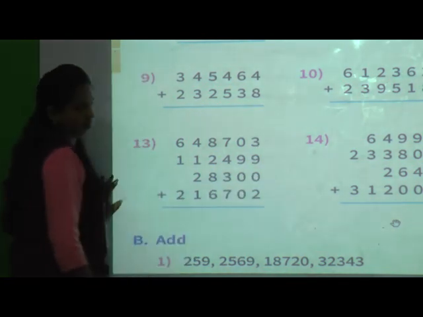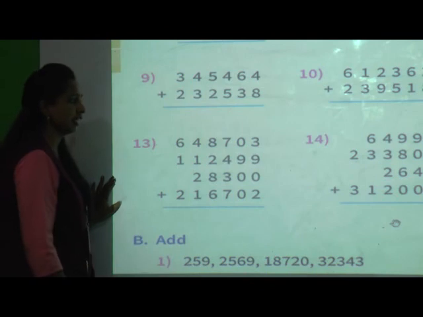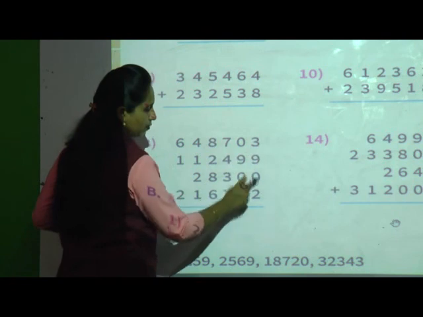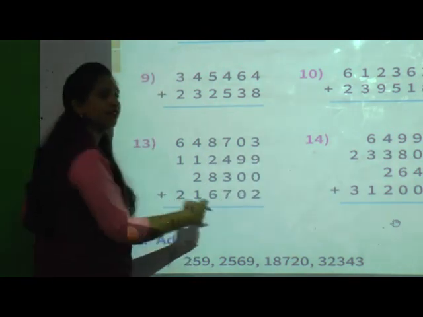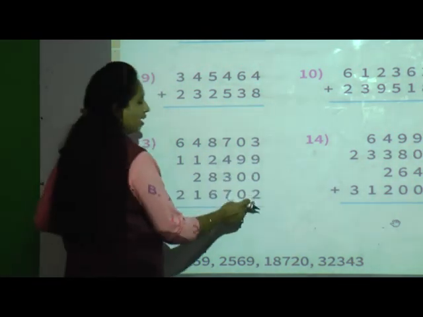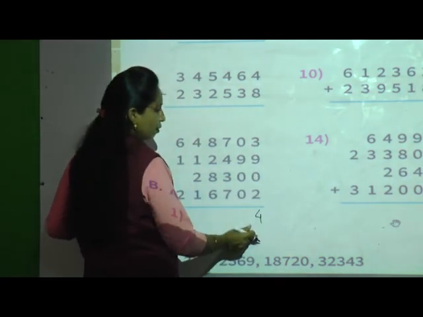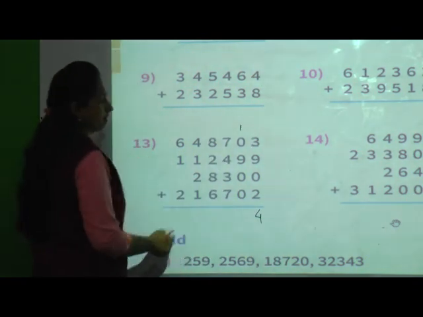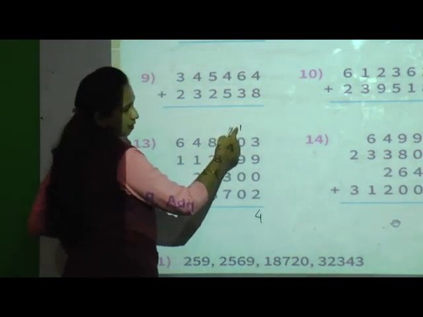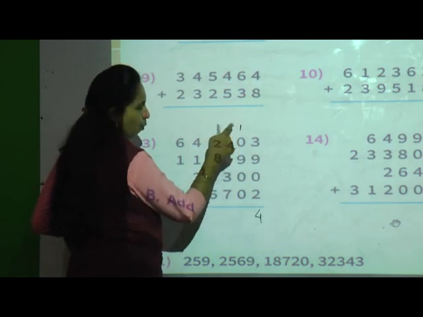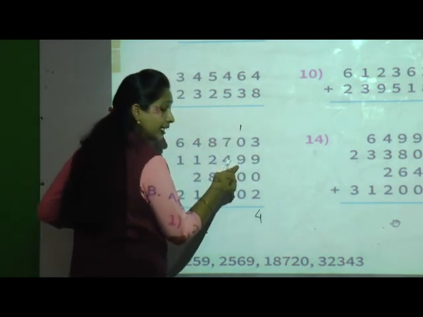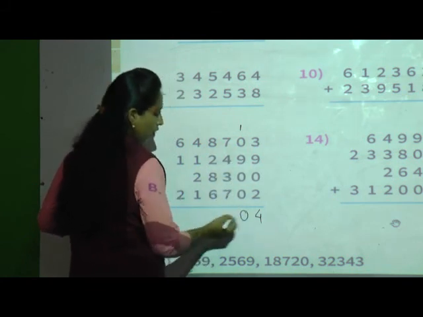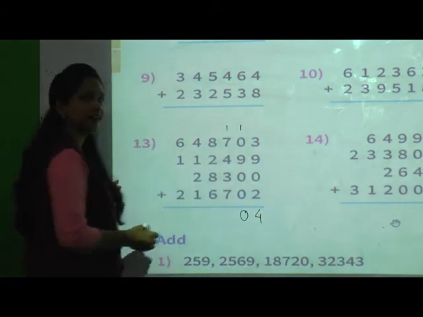3 plus 9. Yes students, tell me, 3 plus 9 is 12, and 12 plus 2, here 0 is there, so if we add 0 in 12 we get as it is 12. So 12 plus 2 is 14, so 4 will write in 1's place and 1 will carry to 10's place. Now we will add this side, 10's place. 1 plus 0, 1 only will come. 1 plus 9, 10. 10 plus 0, nothing. So 10 only. 0 on 10's place, 1 will carry to 100's place.